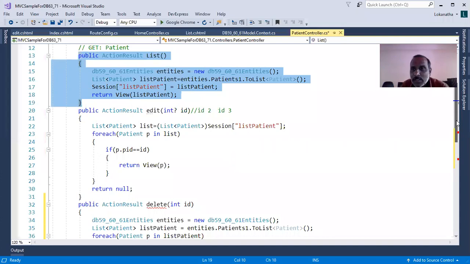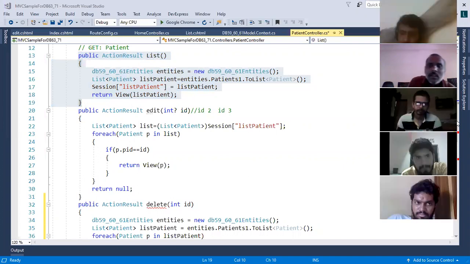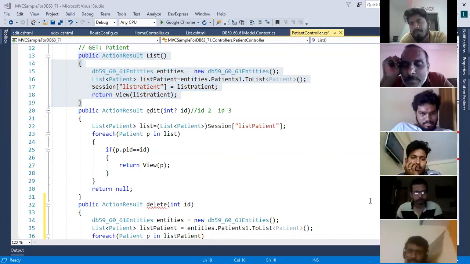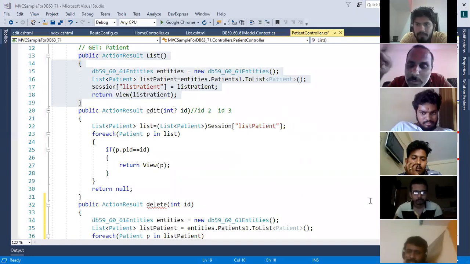Now let me ask you one simple question here. In ASP.NET, if you want to redirect the user from one page to another page, what are the approaches available?